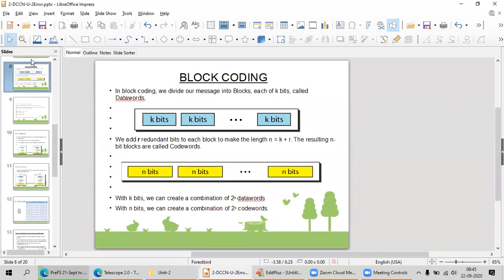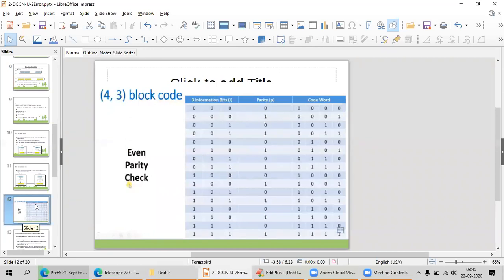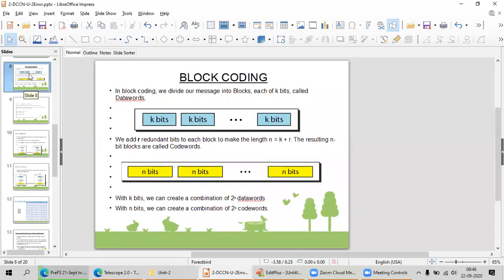If you are designing a new application using block coding, there are so many techniques, and one after another we are going to see each and every technique. But I'm not giving you 100% accuracy.